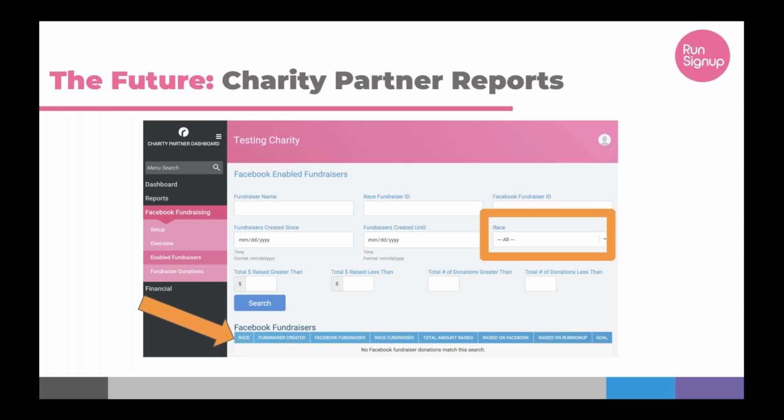Charity partner reports are basically going to look the same as the other two, except it's going to have the addition of a column for the race, because a charity partner could be associated with multiple races. And there's going to be a column for the race in the report. This is going to be nice for any sort of